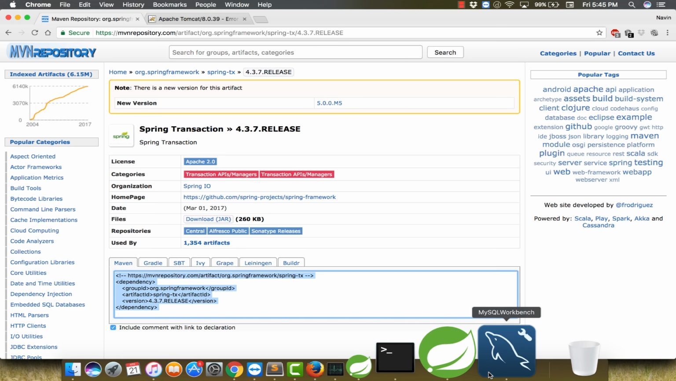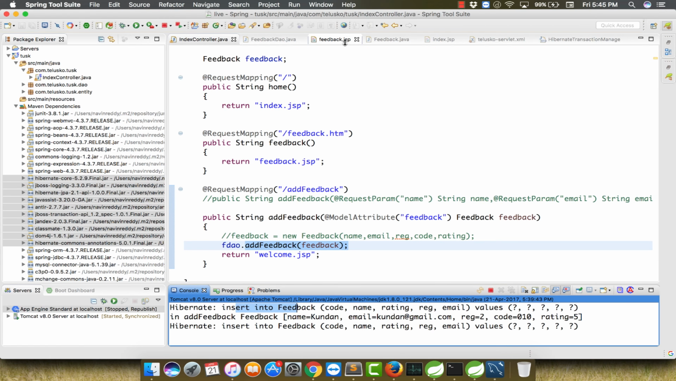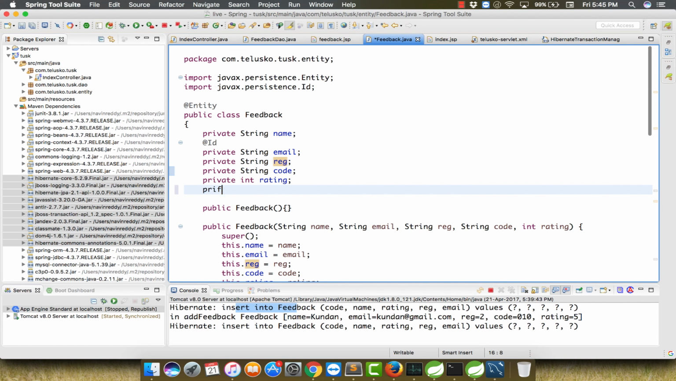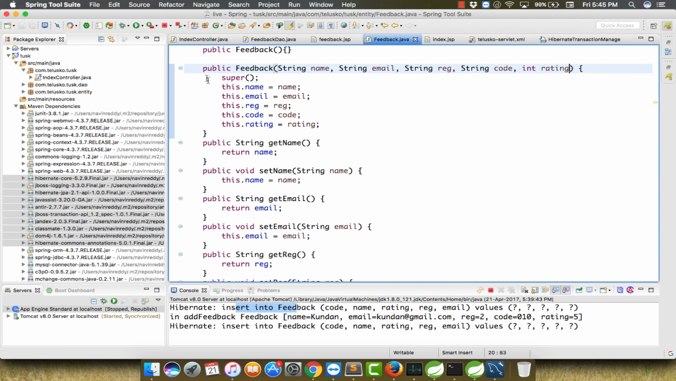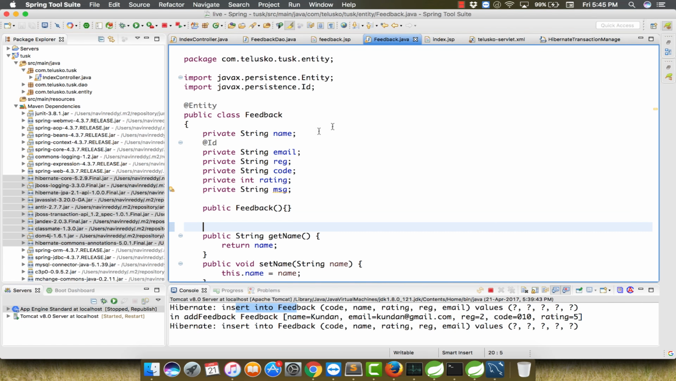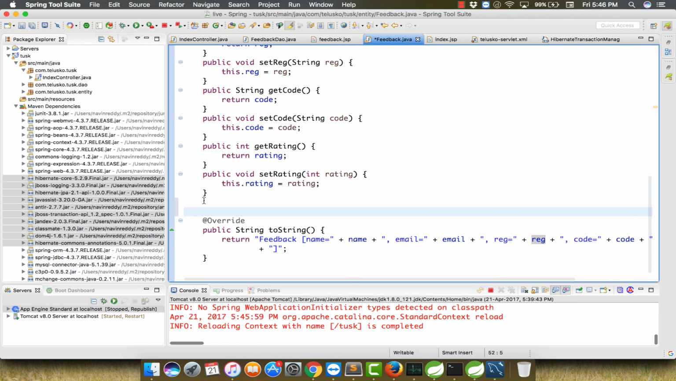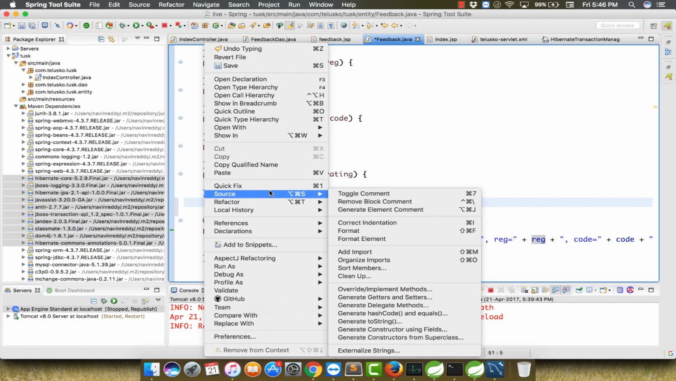Let me verify with this. Let's open STS, let's see the feedback DAO. Everything is perfect. Here also, we don't have a message here. That is weird. How can we make this type of mistake? And let's have the constructor for that as well. In fact, we are not using the constructor, right? Let's remove this constructor from here. I need getters and setters for the message as well, so I will right click, source,